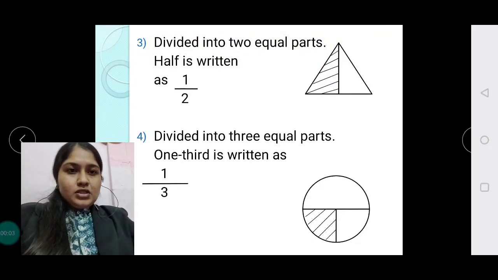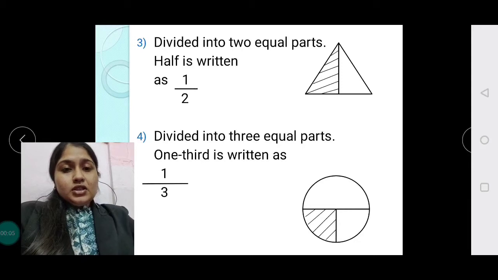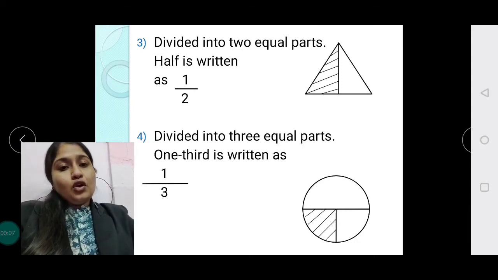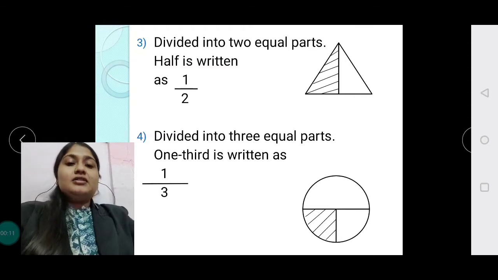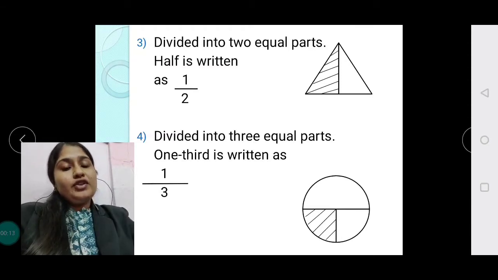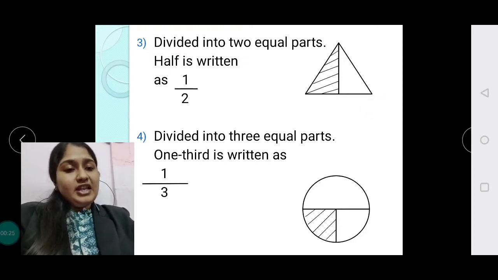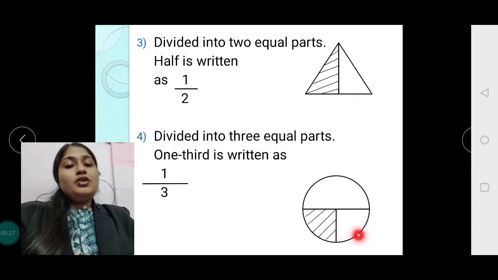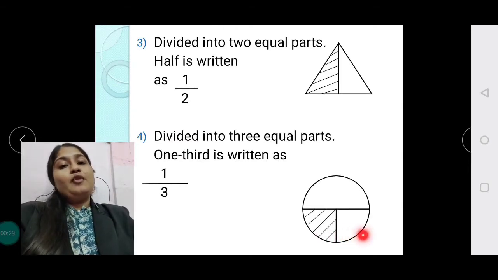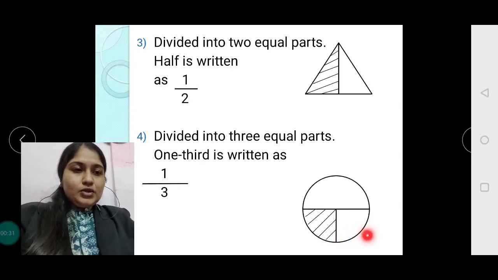So my dear students, these shapes you have to draw with the help of a scale, and the circle you have to draw with the help of a bangle. हमने bangle यूज की थी ना, किसमें? क्लॉक वाले चैप्टर में, राइट? So, this triangle, square, rectangle, you can draw with the help of a scale, and the circle you can draw with the help of a bangle. Okay, my dear students.